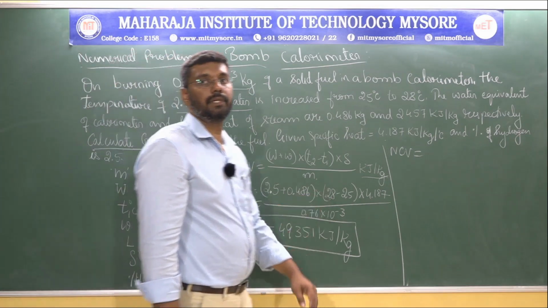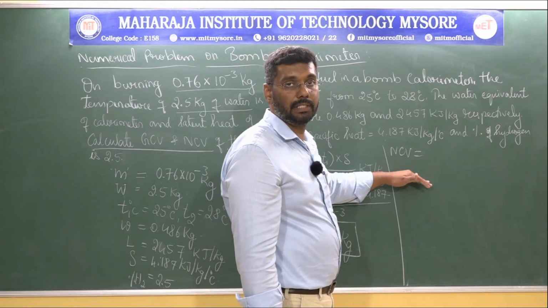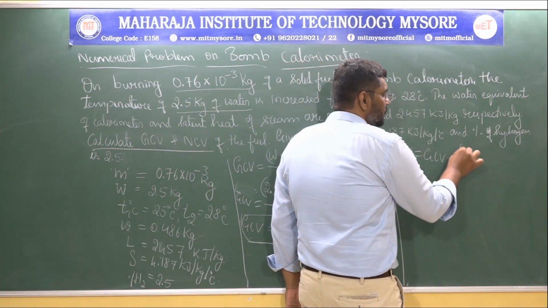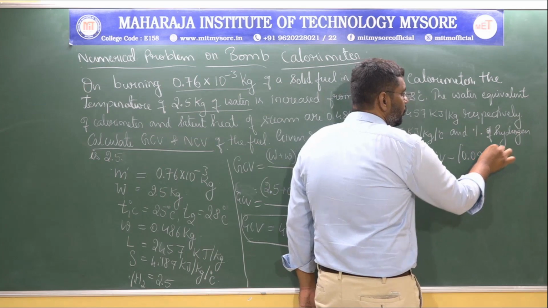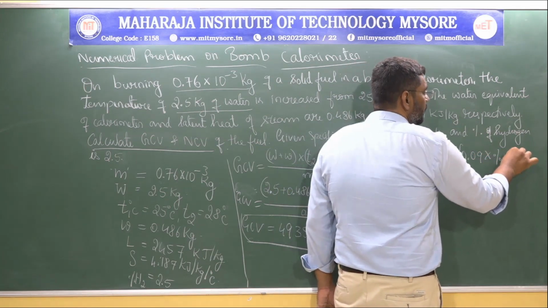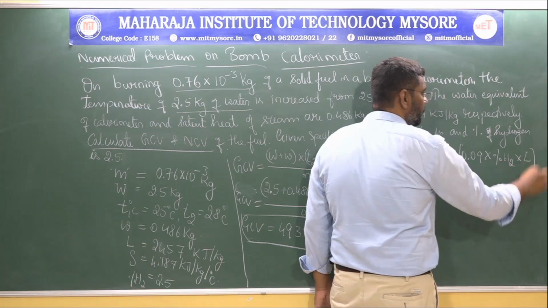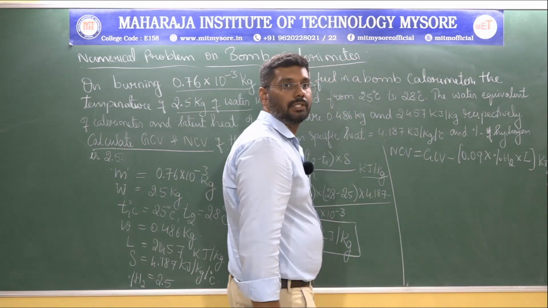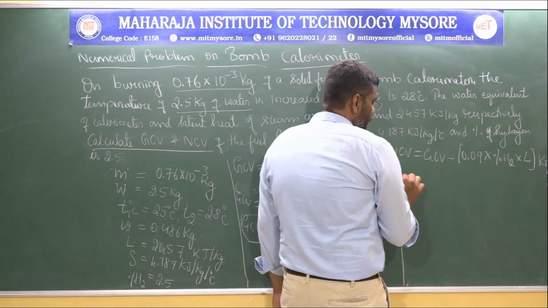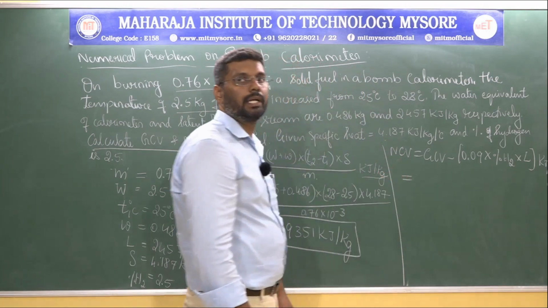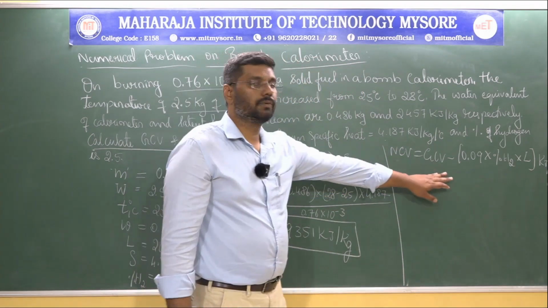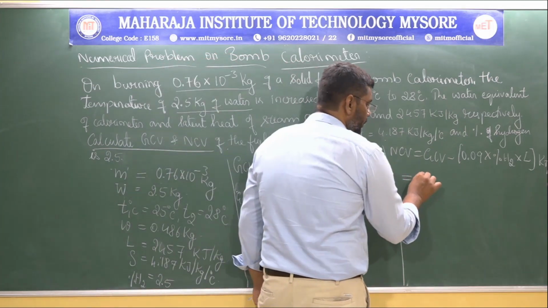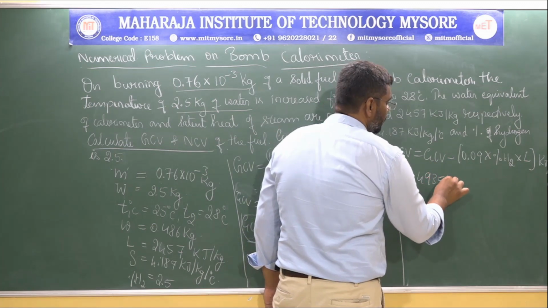So how to calculate NCV? We know the mathematical expression to calculate NCV. NCV is nothing but GCV minus 0.09 into percentage of hydrogen into latent heat of steam, in kilojoules per kg. So now if you put the values here for calculating NCV, we know the value for GCV, it is nothing but 49,351. So write down that 49,351 minus